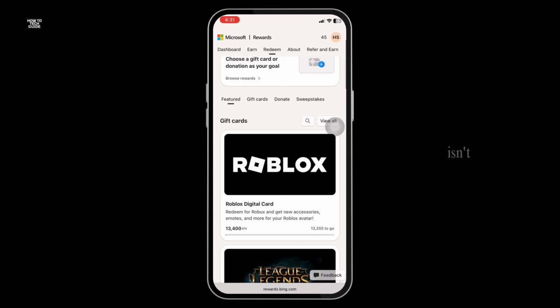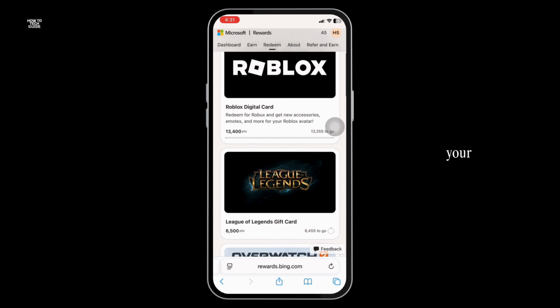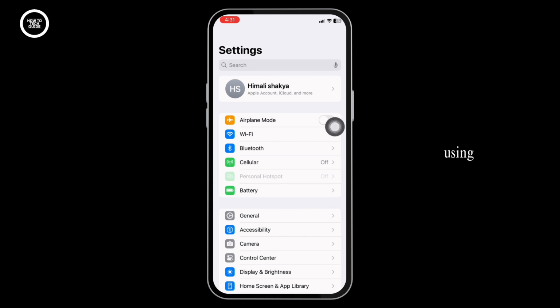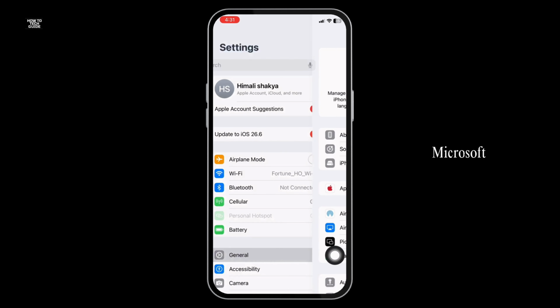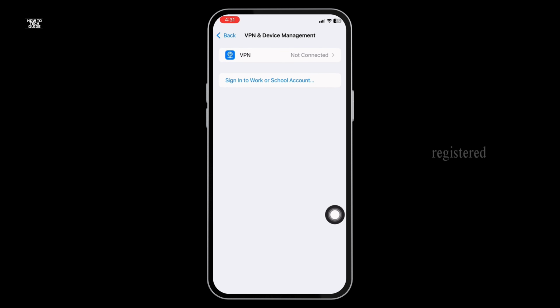If the Roblox reward isn't showing, first check your account region. Microsoft Rewards catalogs are different depending on your country or region. After that, you have to make sure you are not using a VPN. Microsoft specifically recommends redeeming rewards in the region where your account was registered and says no to using a VPN